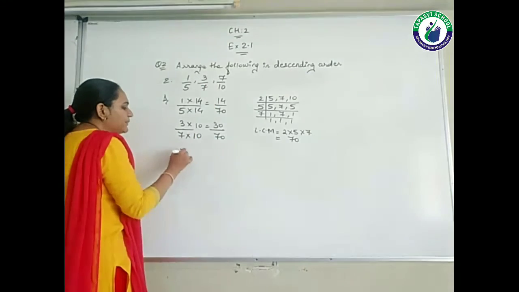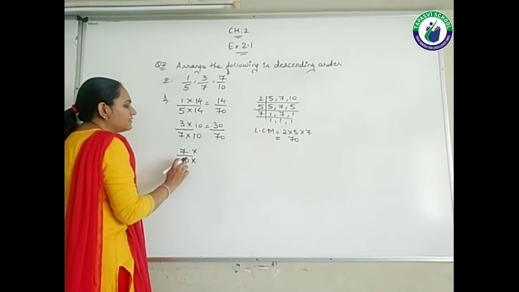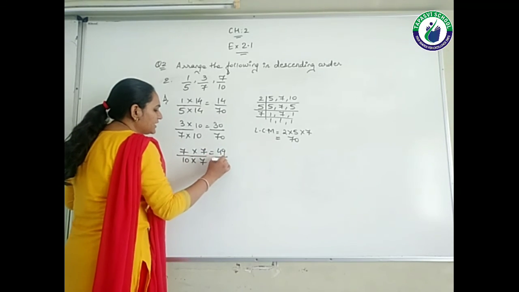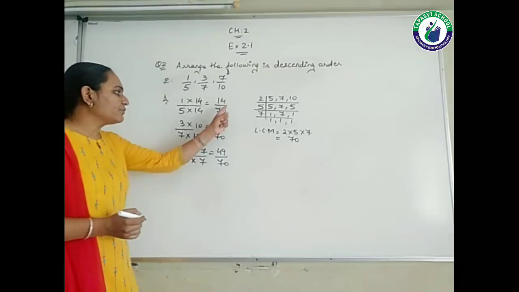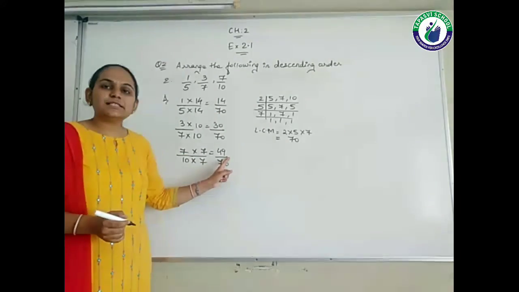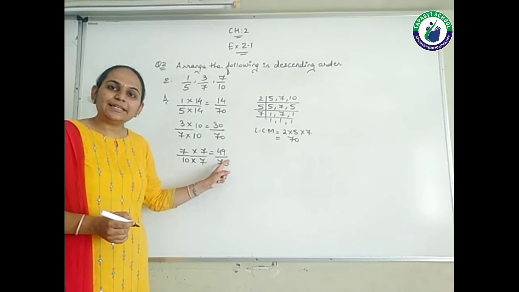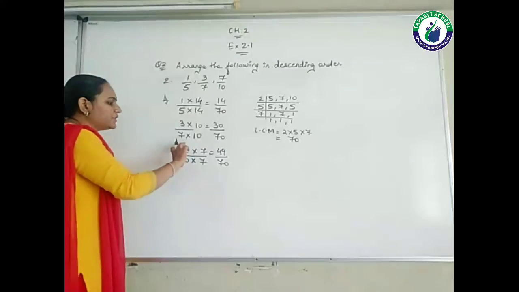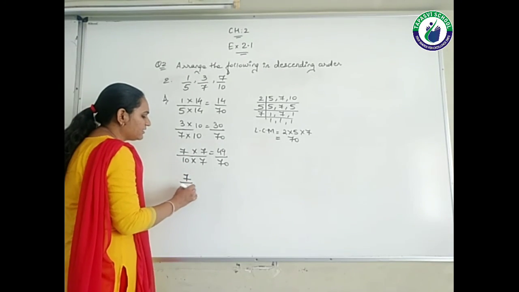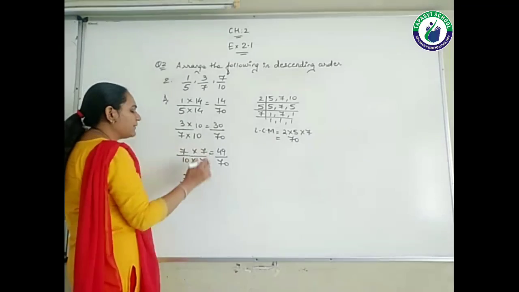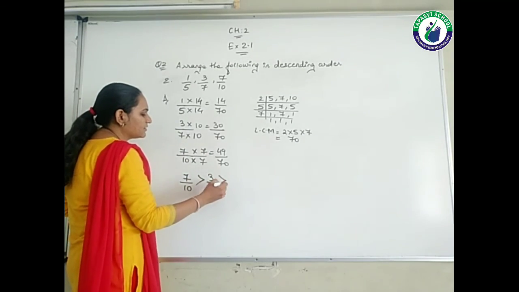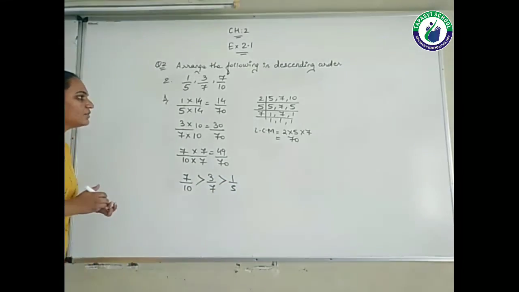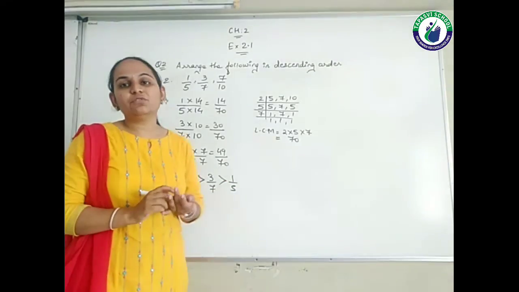So last one is 7 upon 10. Which number do I multiply with 10 to get 70, that is 7. So 7 7s are 49, 10 7s are 70. Now out of all these, students, we can say that the last one is the greatest. Then comes this and then comes this. So I need to write the original fractions, that is 7 upon 10 is greater than 3 upon 7 and then comes 1 upon 5. Okay, students, so here we end up with the question number